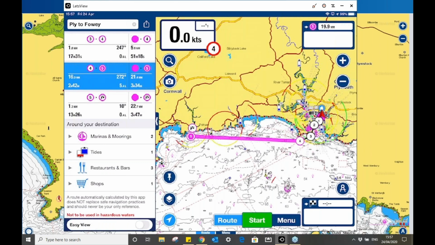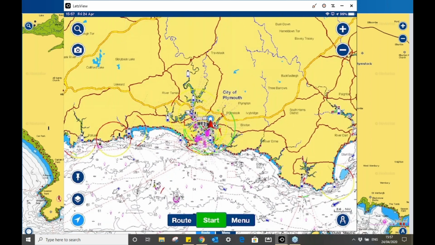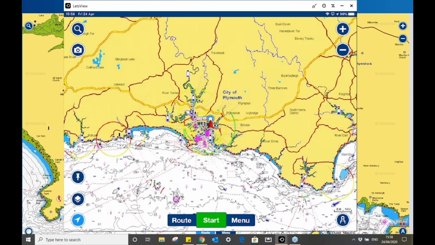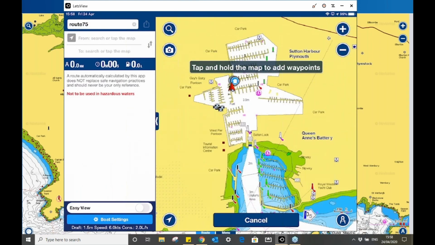So I'll hit route again, and now I'll stop it. If I go to route and My Routes Archive, there it is appearing, Plymouth to Fowey. Okay, so let's take a look at an automatic route. This gives me the option to create an automatic route, which I'm going to do from, say, the middle of